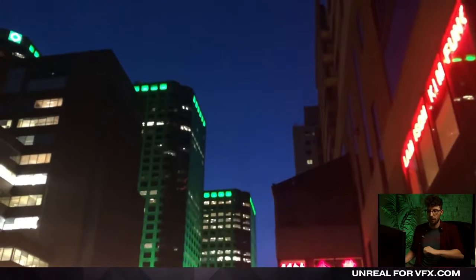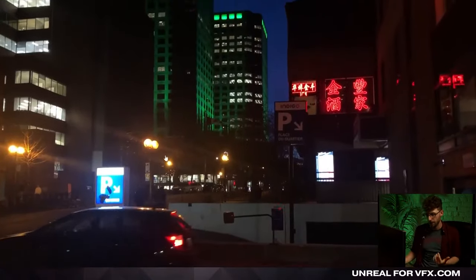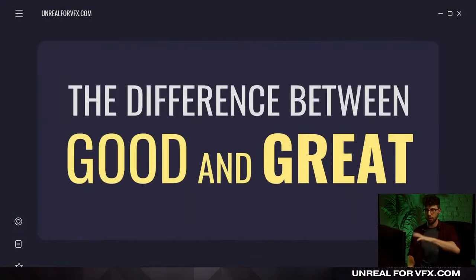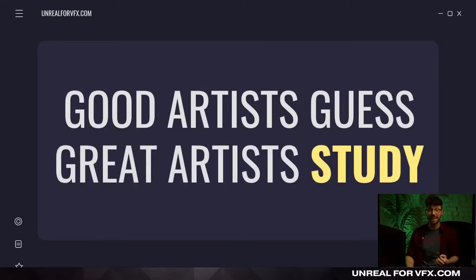And now I can see how the lens flares react as I pan my camera, and how big those lens flares are streaking from the streetlights themselves, and how bright the office building lights are inside of the building. We can just start to deconstruct this whole building and these references. That's really the point here, is to break them down, deconstruct these images, because the biggest difference I see between the good artists and the great artists that get brought back to studios and hired time and time again and are making those iconic shots that you recognize at the movie theater, is that good artists guess, great artists study.